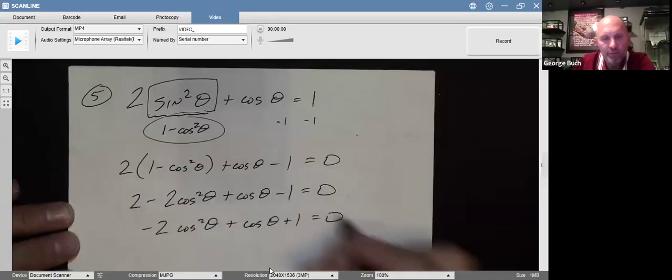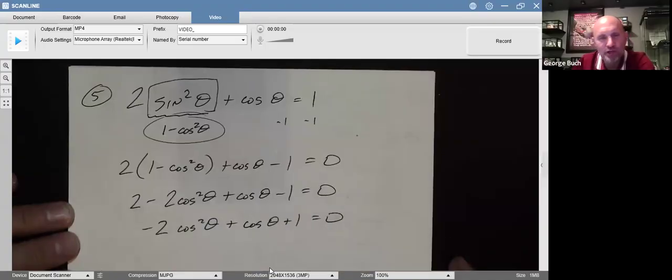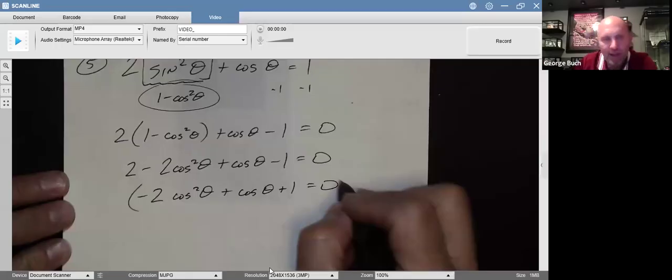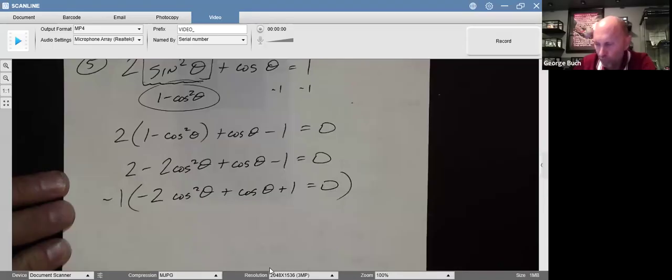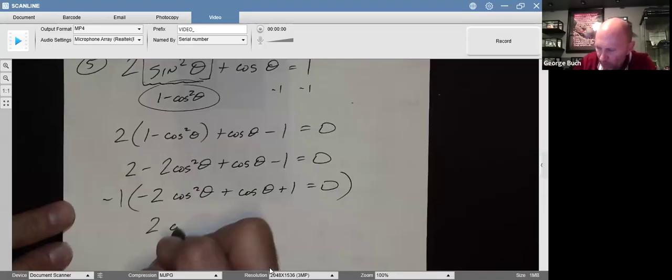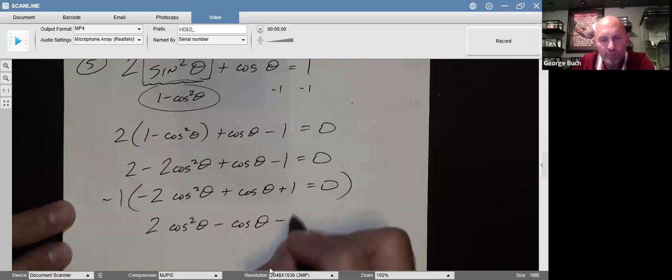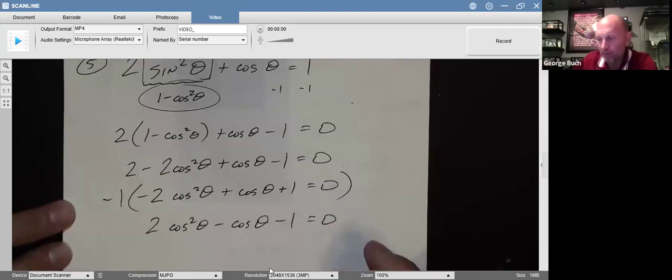And this is pretty challenging to factor because of this minus in front here. So to get rid of that, I'm going to multiply the entire equation by negative 1. So this becomes 2 cosine squared theta minus cosine theta minus 1 is 0,